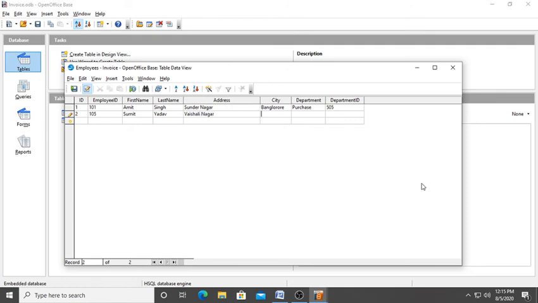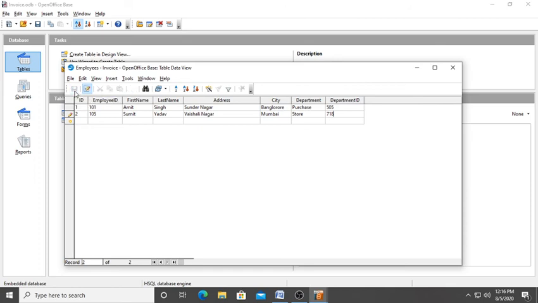Now we are entering two records. Here we can write Mumbai. He is in the store department. Then department ID is suppose 718. So like that we have inserted two records.